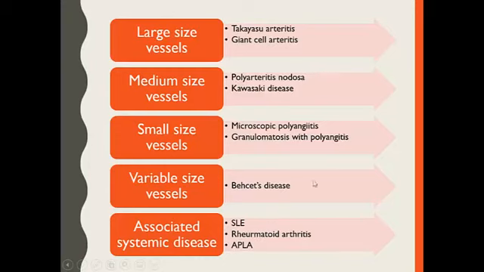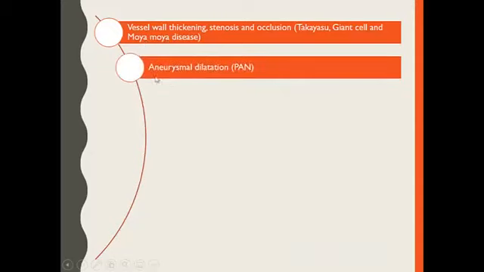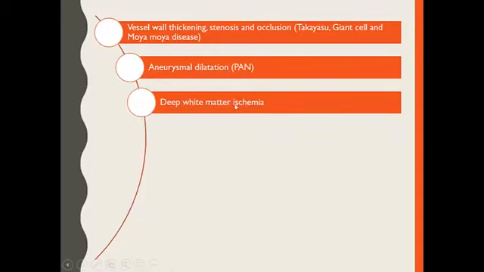Because of the pathology of vasculitis, which affects the vessel wall, the wall may be thickened and also may be fragile and prone to rupture. So we have many findings we can see with vasculitis, for example, vessel wall thickening, stenosis and occlusion, for example, in Takayasu, giant cell and moyamoya disease. Also, we can find some aneurysmal dilatation, like for example polyarteritis nodosa, and deep white matter ischemia from affection of small vessels,